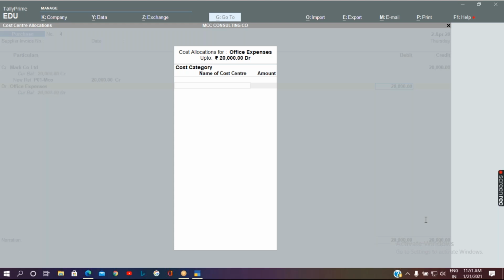This is applicable only for purchase transactions, whereas the cost center allocation screen is available for all the modes in sales transactions. Please make a note of this.